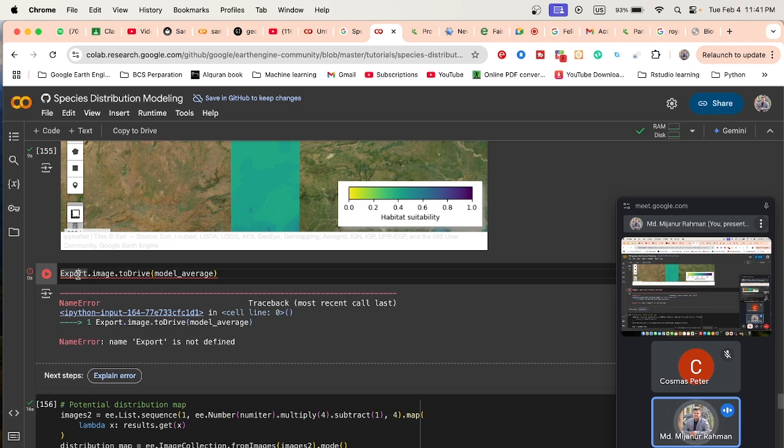Okay, so when you export this type of TIFF file, we need to export the image to specify the